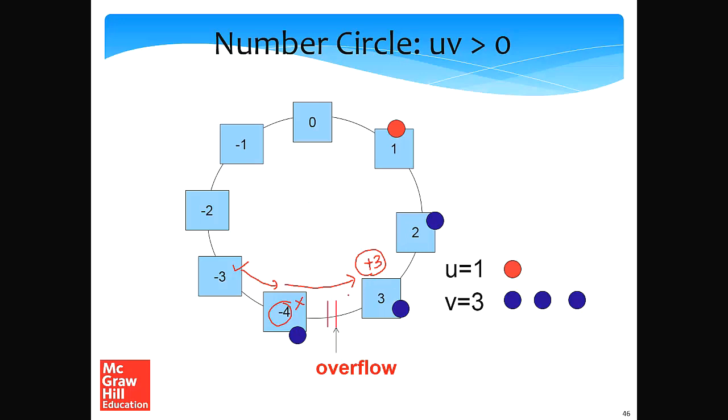Now a reader can argue: is it possible for the two numbers to have the same sign, and I cross the breakpoint, have an overflow, but the result will also have the same sign? Which means maybe I start from this point, I add a positive number and I walk all the way up, and then again my result is in the positive half of the number circle.